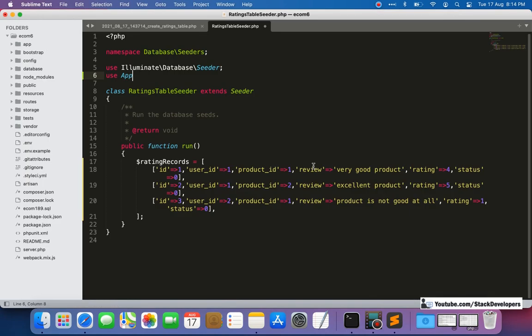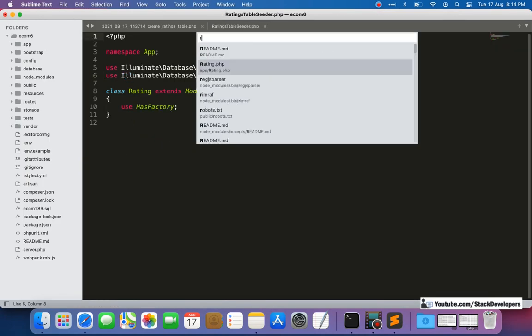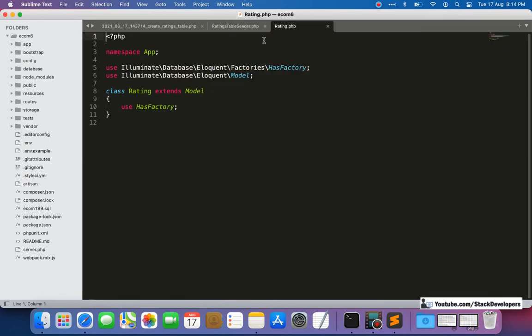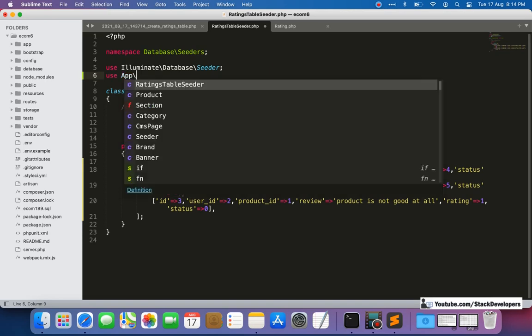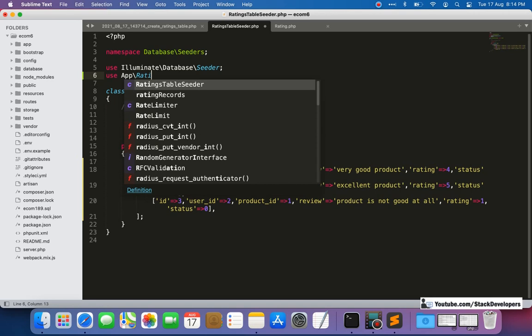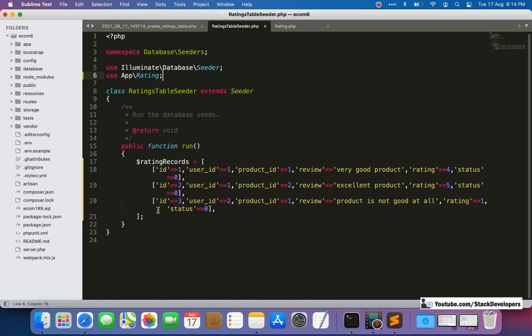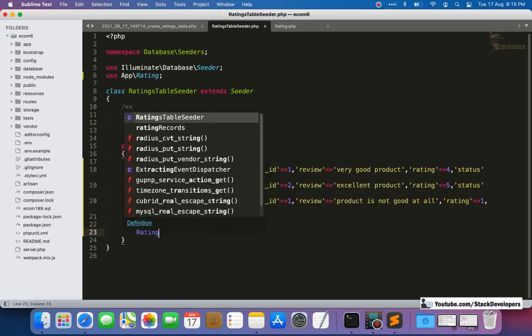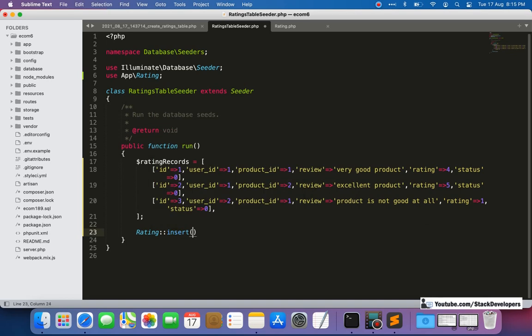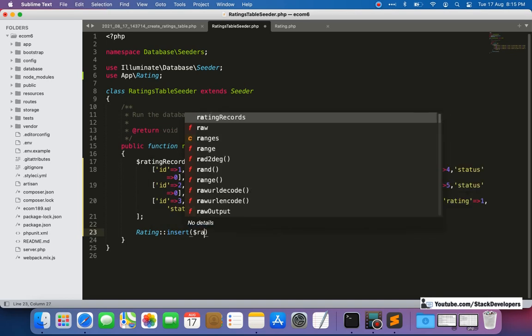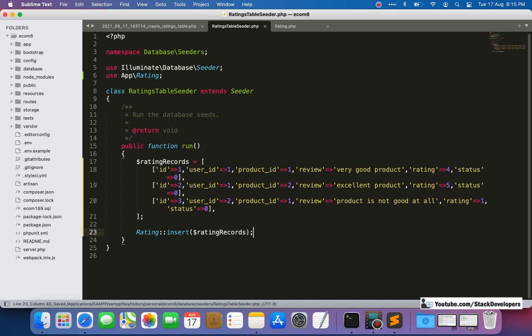We are going to create this model, and here we also need to attach it: use App\Rating. And we are going to insert these records in the Rating model's ratings table, this one, ratingRecords. So that is done.